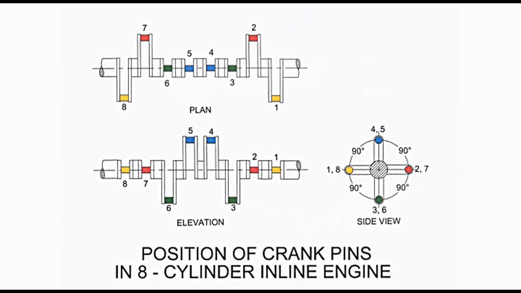These pistons in cylinders are either at opposite positions, that is at TDC or BDC, or are moving in opposite directions. Primary forces and couples related to them are balanced. As far as secondary forces are concerned, the effect of the two pistons at each end, that is 1, 2 and 7, 8, opposes the effect of pistons 3, 4, 5 and 6 without introducing couple. Therefore, primary and secondary forces and couples related to them are in complete balance.